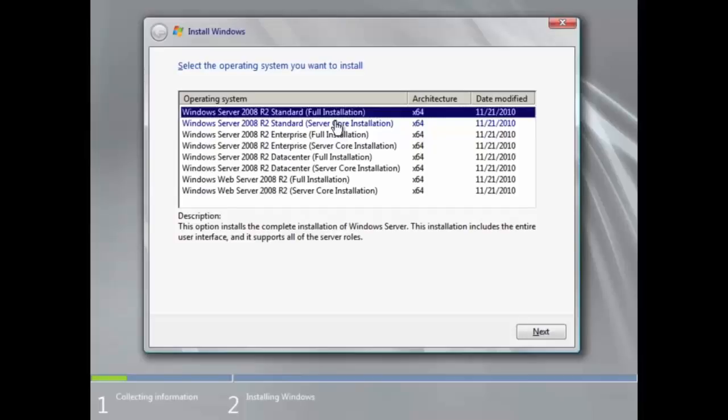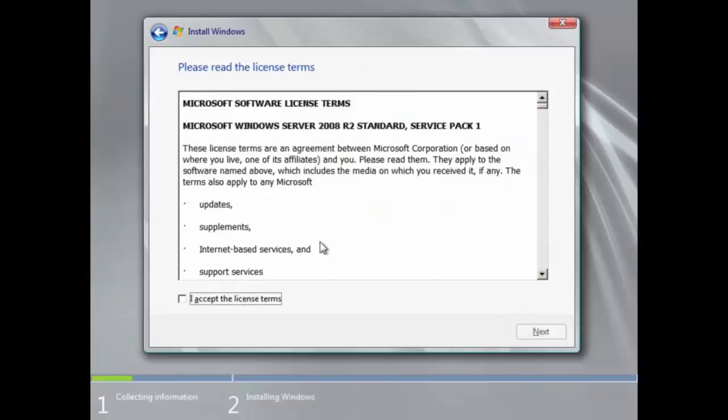Inexistent on our machine, the more space, the more possibility for vulnerabilities. And so the more we can strip away, the better off we're going to be, statistically speaking. Okay, so we're going to go with full installation. All that being said, let's go ahead and hit next on this, and we have Microsoft's typical EULA, end